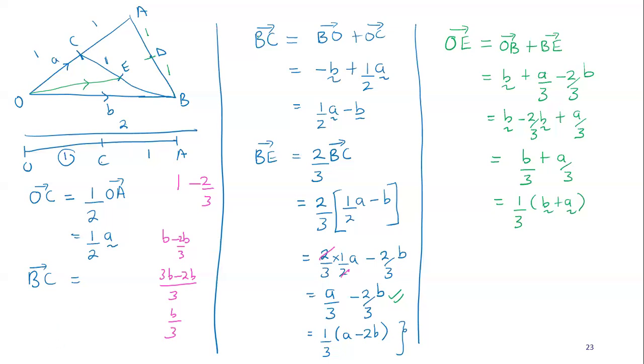Teacher, sorry to take you back, but I'm asking a question about OE. Now if you're going to get BE, remember here we got a third into A minus 2B. Does it mean you're going to eliminate the third and give A and 2B a denominator of 3? At this step here, are you talking about this step here?